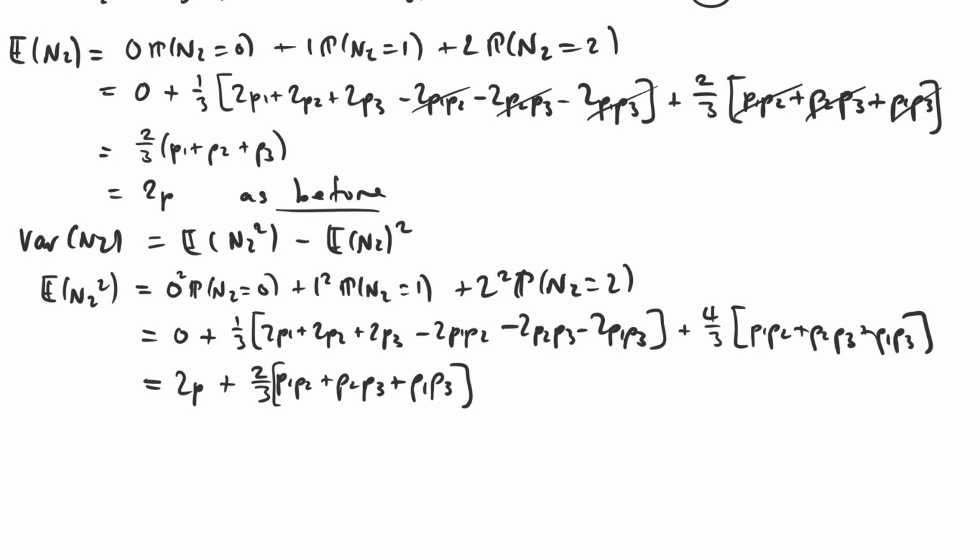So that means that the variance of n2 squared is this expression here,